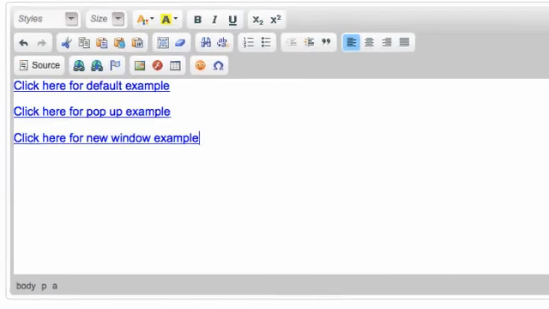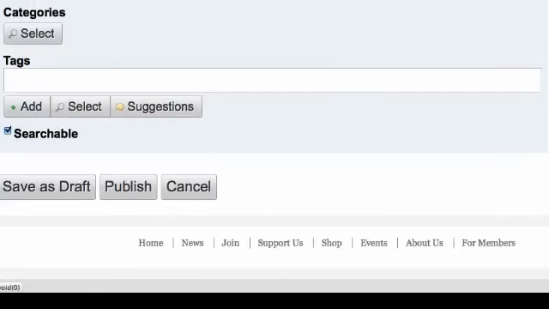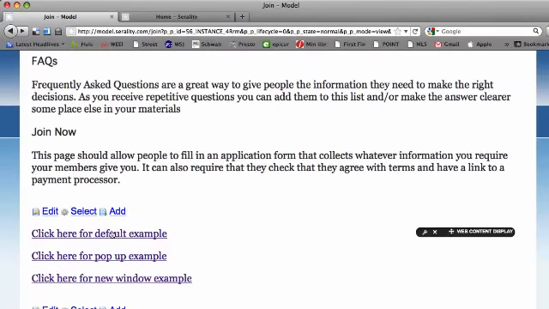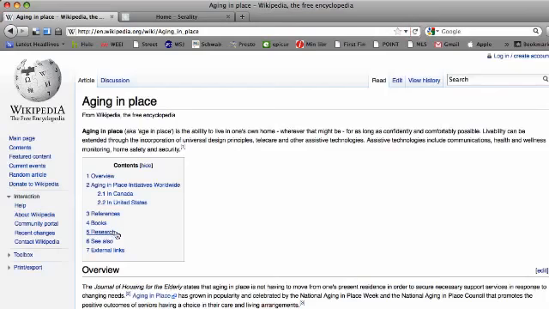Let's see how they work. Scroll down and click Publish in the content editor. Now, if we click on the default link, we will be taken directly to the page that we linked to, and we'll have to navigate back to return to the community site. Now, to go back,